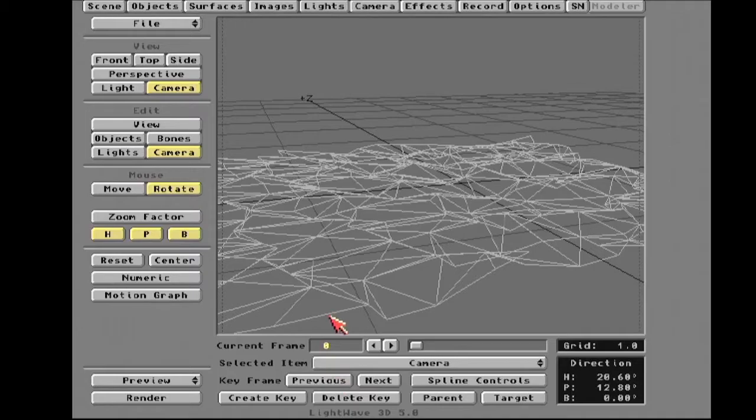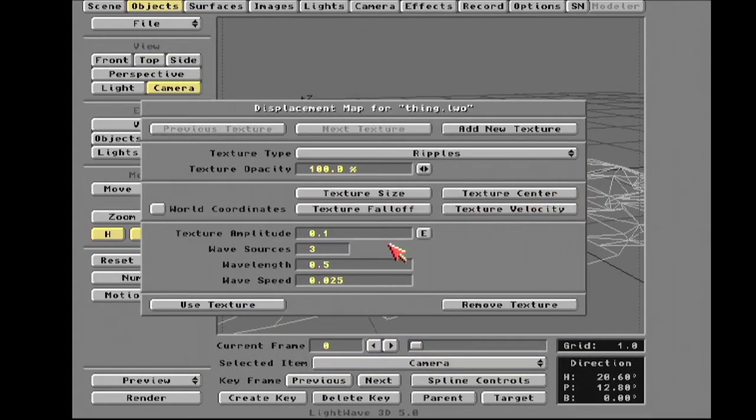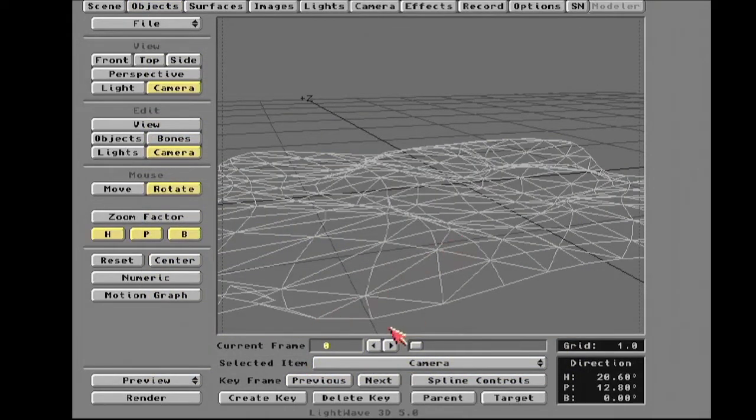That looks really bizarre. You're like, well, that's no fun. Ripples requires a lot of polygons because it's trying to simulate rolling waves of water. You know, like the rolling wave effect of a sine wave, or like water drops in the rain, that type of thing. So it takes a lot of polygons. I'm going to try and increase its size here to see if maybe we can get it to look better with the polygons we have. Okay, so they got a little better there. And if we go ahead and make a preview,